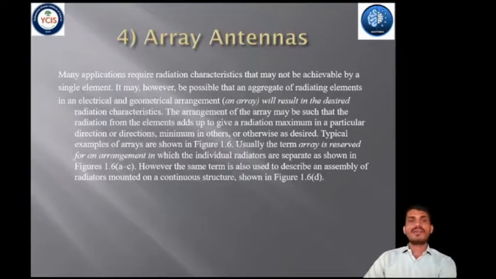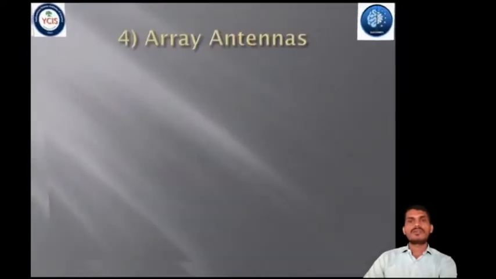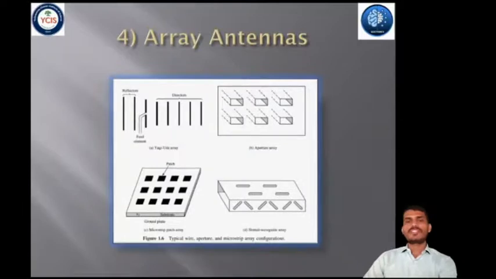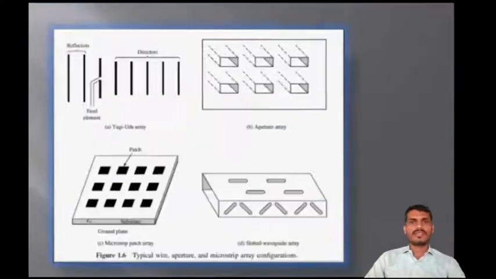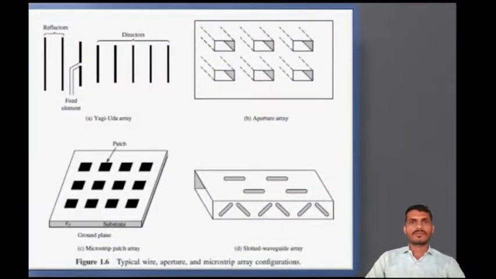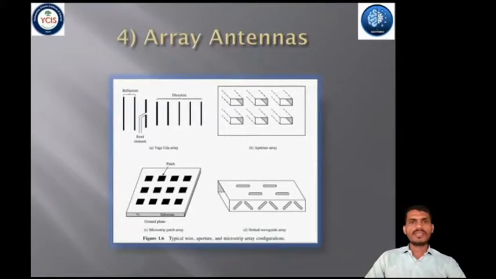Typical examples of array antennas are shown in this diagram, in which 4 different typical array configurations are defined, in which first one is wire antenna, second one is aperture antenna, third one is microstrip patch antenna, fourth one is slotted waveguide antenna,